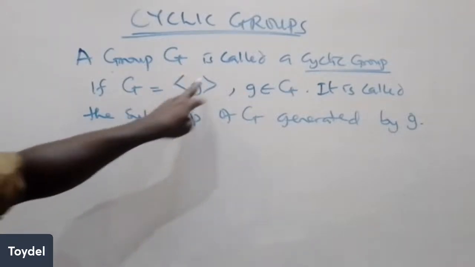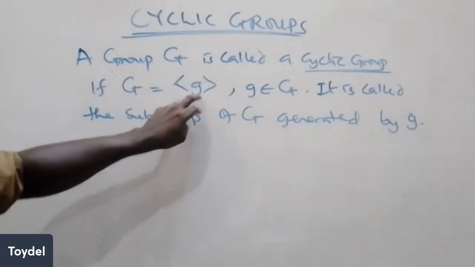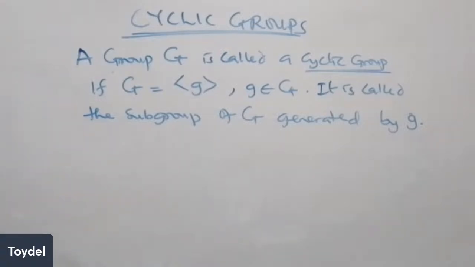Look at this sign. This is called a generator. It can generate so many groups. So this can actually generate so many groups. That is, in other words,